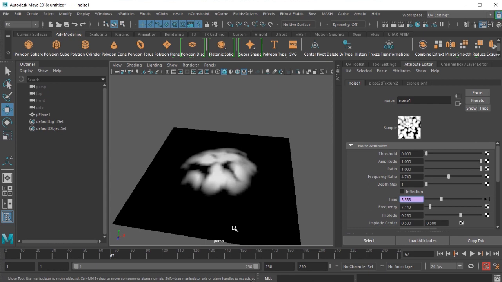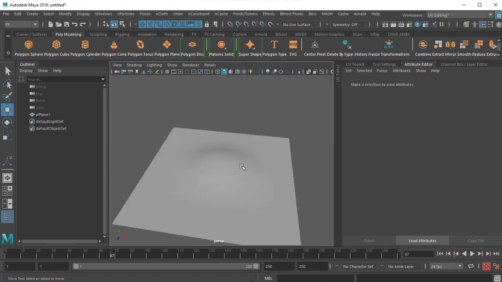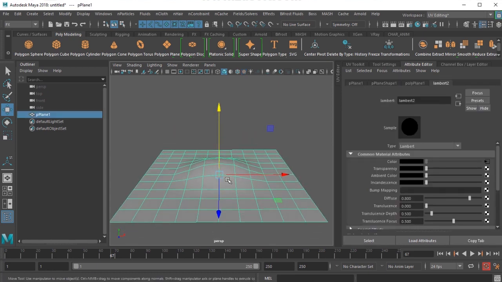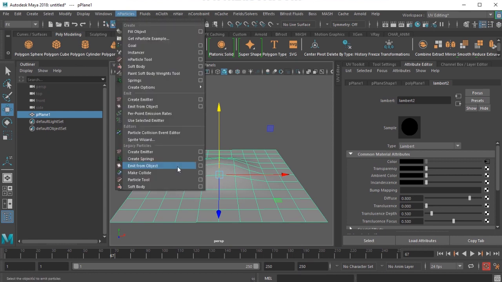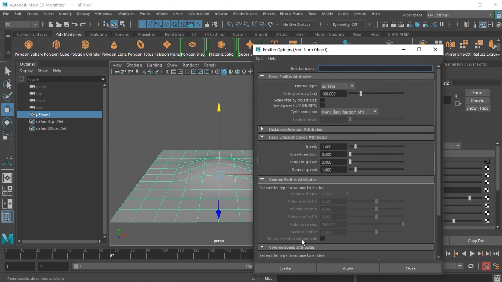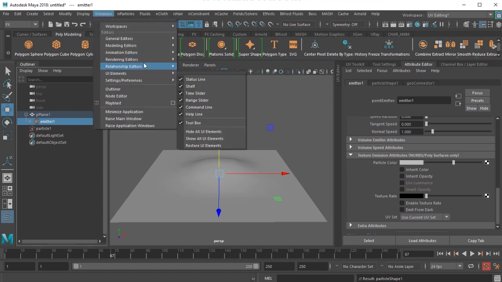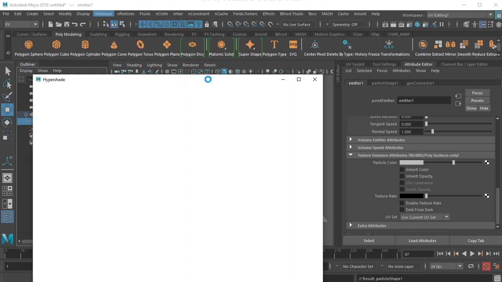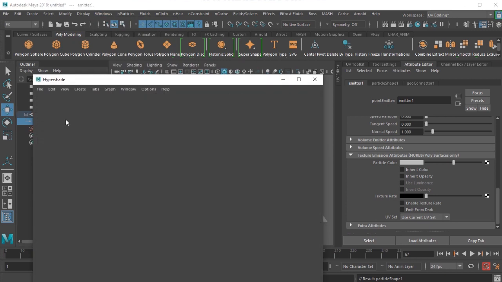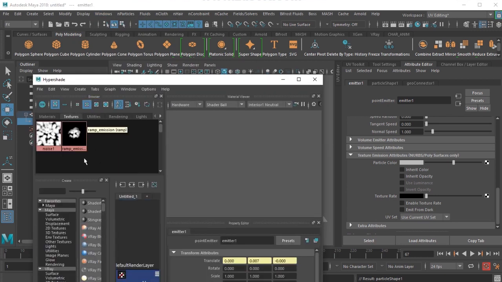Now what I do is I select this particular plane and emit from object, surface emitter, create. Once I've got that, I'll select the emitter, and here I'll put the texture. So I'll go to the hypershade, and texture.